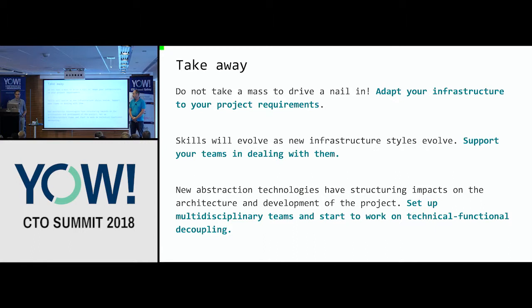And finally, this new abstraction layer on top of infrastructure has direct impacts on the way we must develop applications. So there are ways to develop applications so that they are cloud ready, even though you don't deploy them on some Kubernetes cluster or on the cloud. There are ways like the 12-factor application, the manifesto that was done by Heroku. Those are simple rules to apply, and even if it's not necessary at some point, it cannot do any harm to do it right away and to be ready for some transition later on.